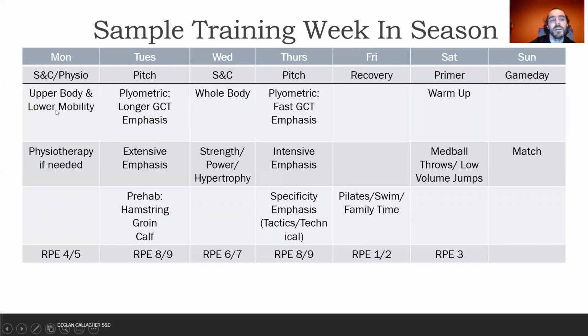I should have said, sorry, this upper body and lower body, I would primarily have it for the transition athletes. Older athletes, I sometimes make that an optional session. So oftentimes in season, some athletes might only get one lift in or one dedicated S&C session within the week. Saturday then, so